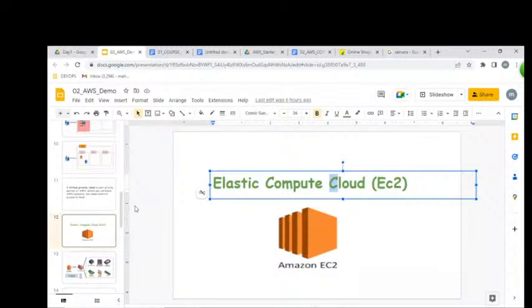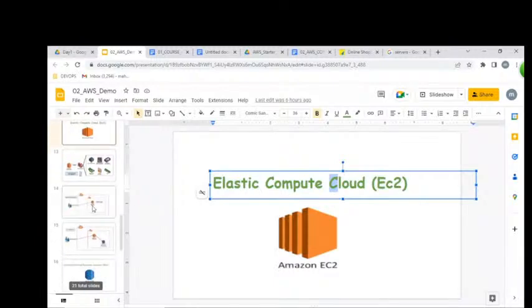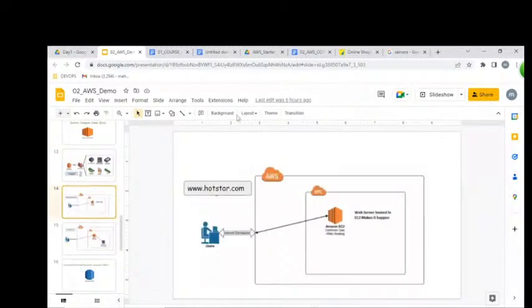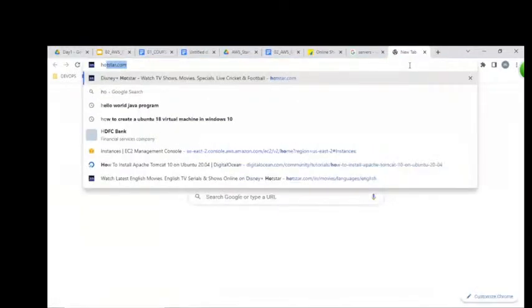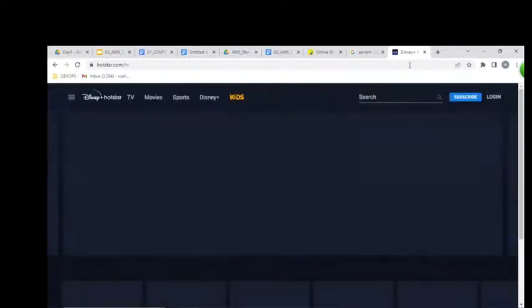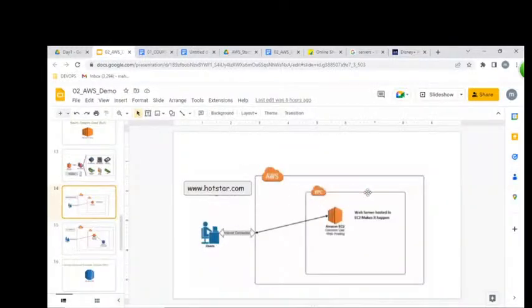Got it very clearly. To understand this, I'll give a good example. For example, I want to deploy a Hotstar kind of application, or a Prime Video, Netflix, any kind of website I want to host. First, what do we require? First we need to establish what? Network. Without network, there is no server.